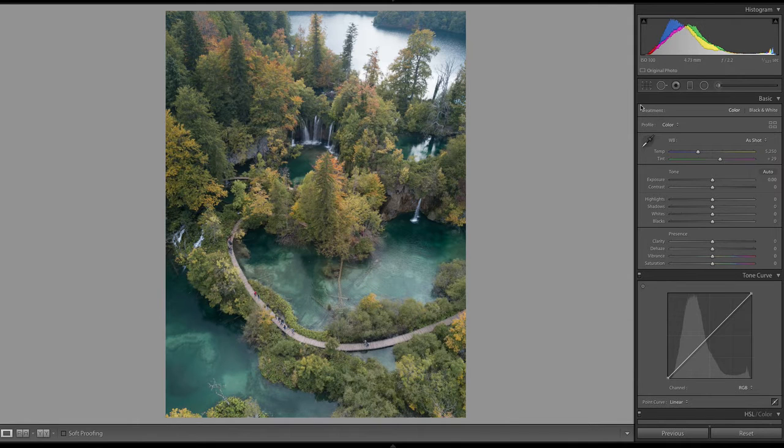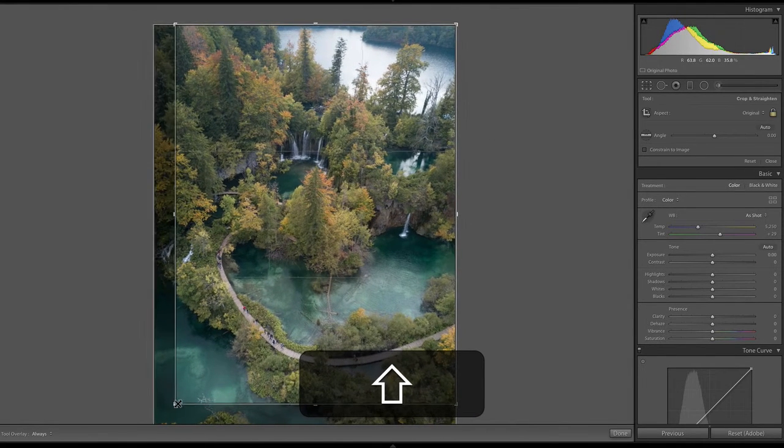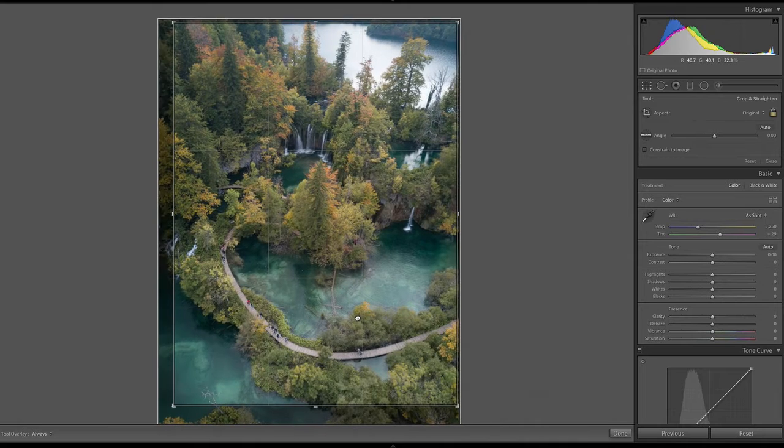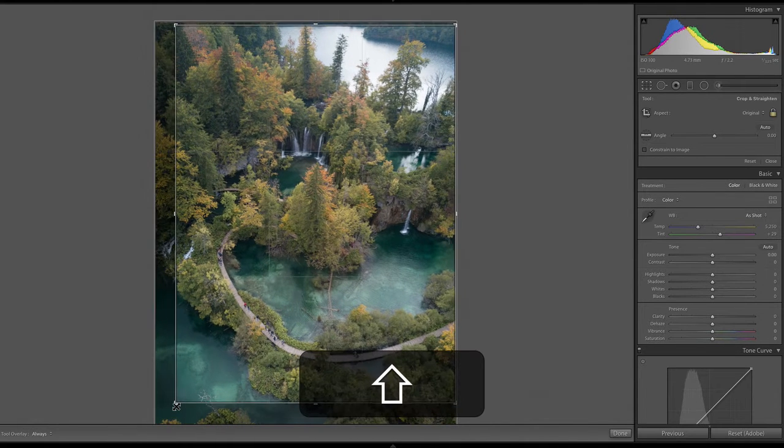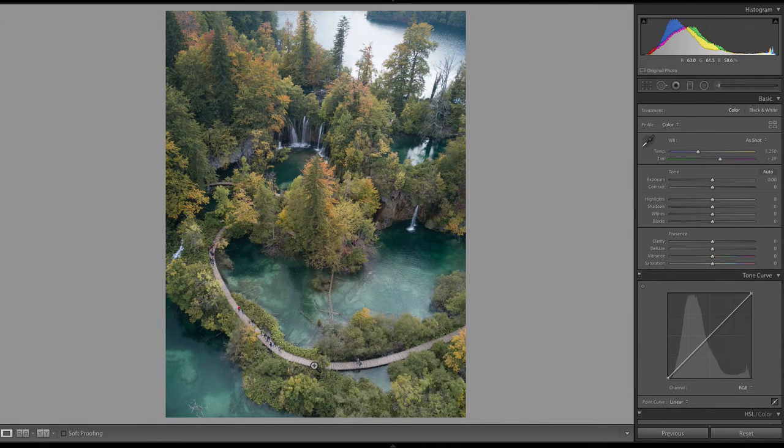So first things first, we're gonna crop. Actually, I'm not going to crop. That was another trick question because this photo is perfectly cropped, at least in my opinion. You might want to get in here, crop it a little bit if these plants down here are bugging you. Okay, just for the heck of it, I'm going to crop in because I always do some sort of cropping. So I'm going to crop in just like that. Get rid of some of those branches at the end. A little bit more balanced. Okay, cool. Awesome. I really did not mean to do that. I wasn't planning on it, but just for the fun of it.